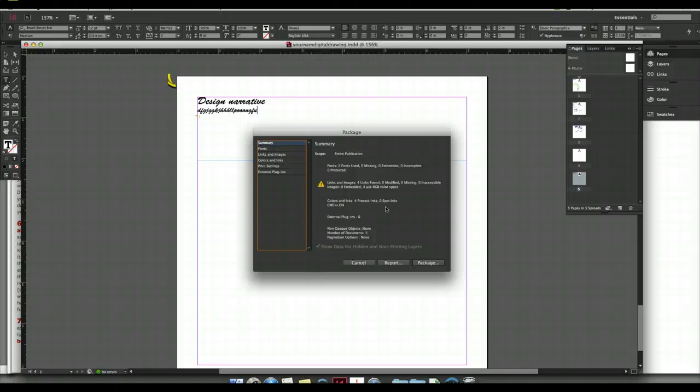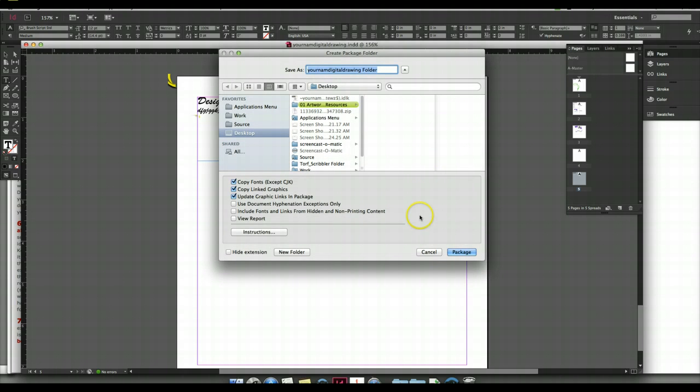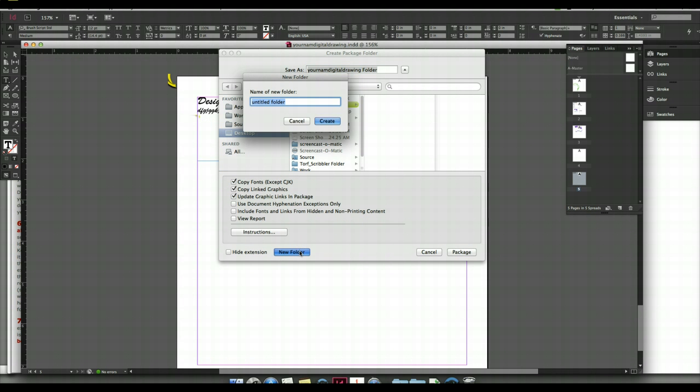So now in the bottom right corner, he clicks the word package, and then there's an instruction window which you can ignore. You can hit continue, and then it takes the name of your file and adds the word folder to it, and you're going to put this folder somewhere you know how to find it. What I would do is make one master media design folder. So in the bottom he can go new folder. He can type media design in there,